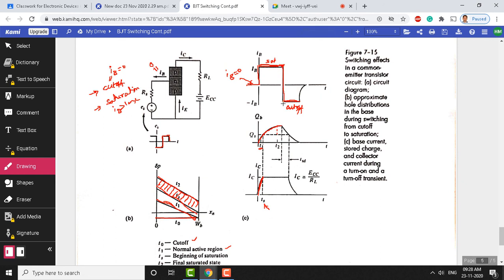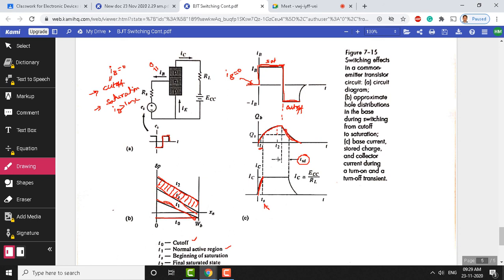But at this particular timing instant, we removed the high value of base current and made it a negative value. So we are switching from saturation to cutoff. In the cutoff region, even though you removed the base current, the charges in the base region will not disperse immediately. It takes its own time, an exponential decrease, as you can see in the graph. This time is called TSD, the delay time for removing excess charge.